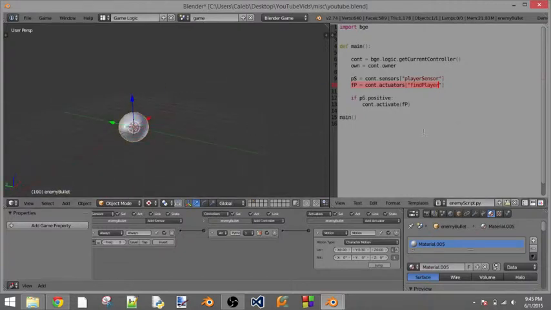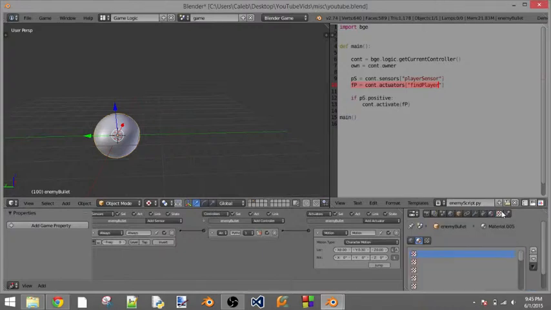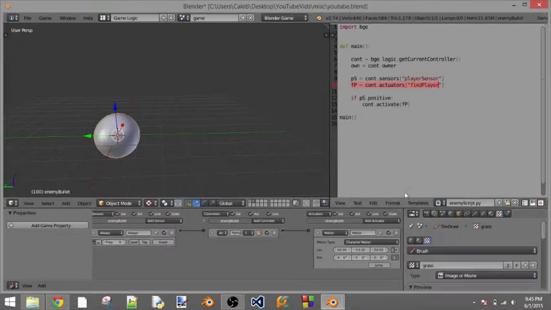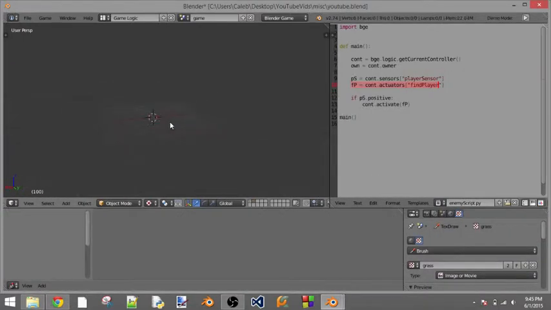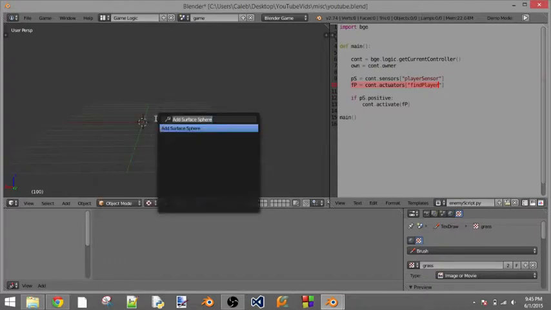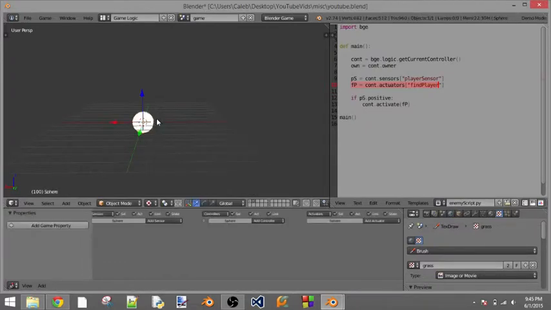Okay, maybe we can't do it with a surface sphere. Is there a reason why we can't do it with a surface sphere? I'd love for somebody to tell me. I think it has something to do with what kind of sphere it is. So let's not make a surface sphere. Sorry. Let's add a